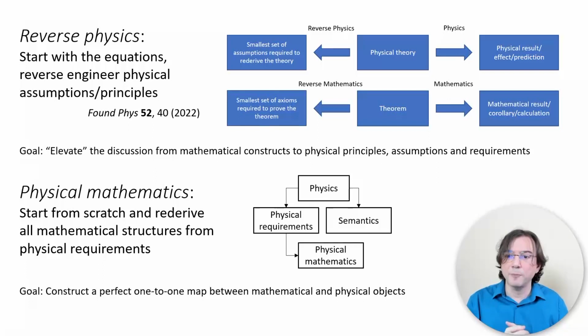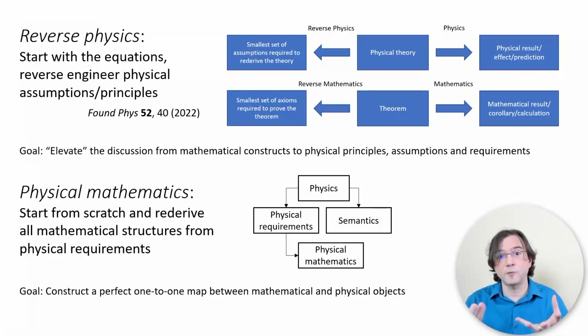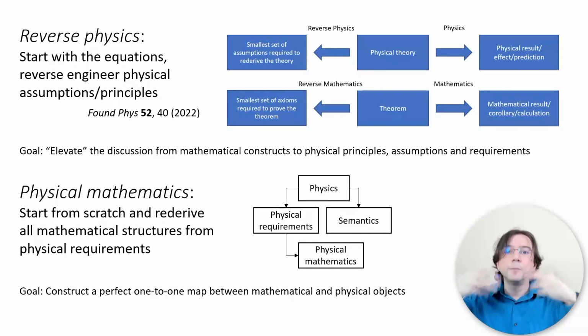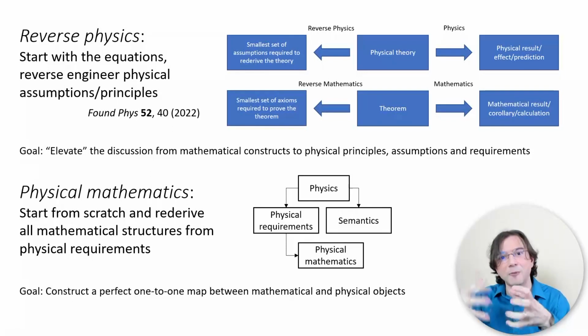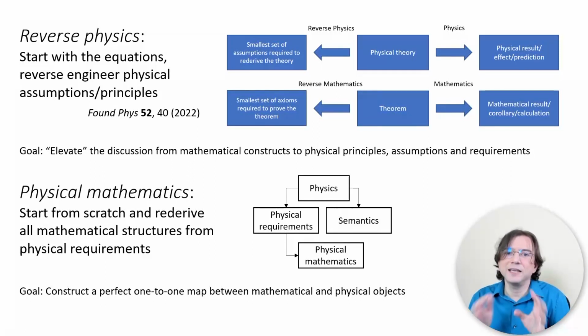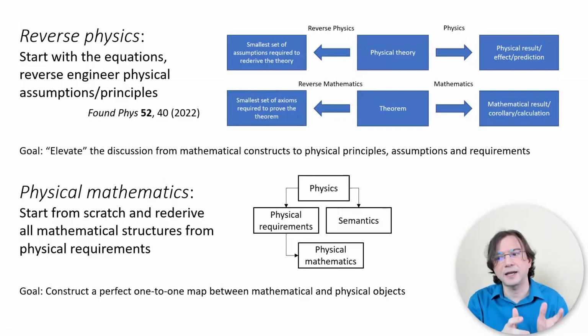And then we have another approach that is called physical mathematics, that really starts from the bottom. It starts from scratch, and the idea is to layer each assumption and each axiom and each definition one by one with a physical justification, so that we start with the informal system, which is the description of the world, and then some of these are going to become elements in the formal system, with properties that are going to be specified, and you have to justify why a physical object can be modeled in the formal system with those properties. And the idea is really to construct a one-to-one map between mathematical and physical objects,